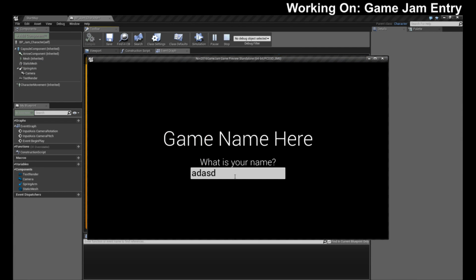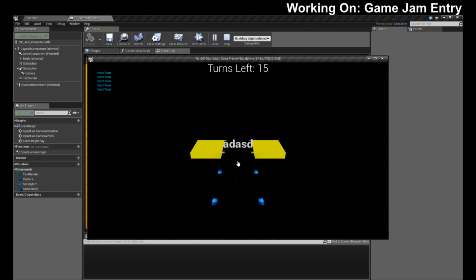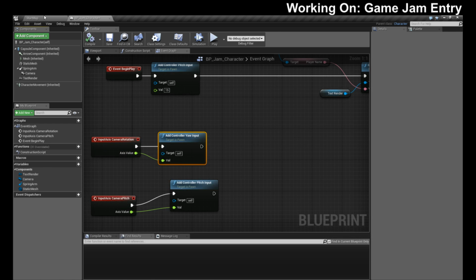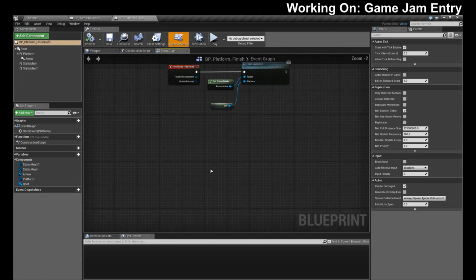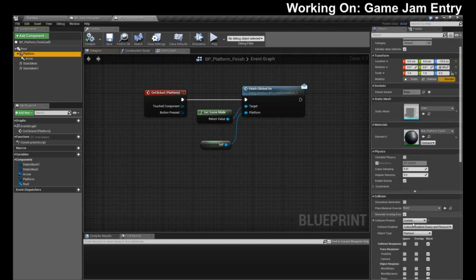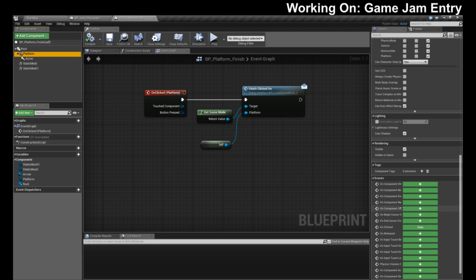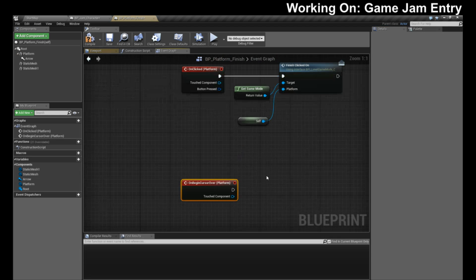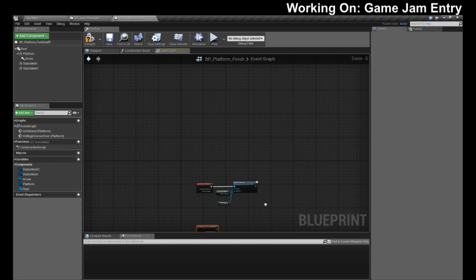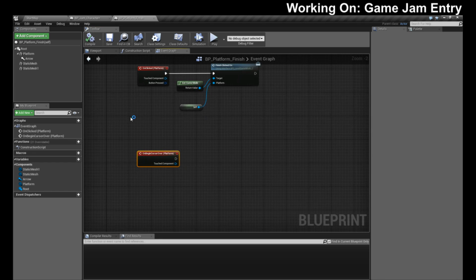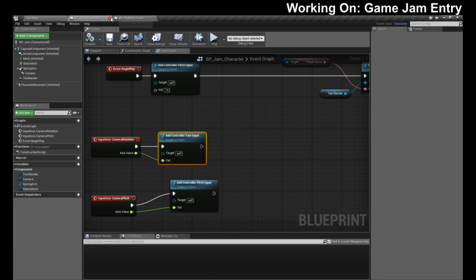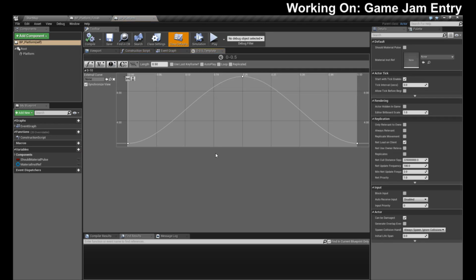Let me double check, because my exit one is not working properly. So what did I do with my exit one? I don't have an event in my exit platform for the mouse over. That's what it is. So if the platform has a begin cursor over, we are going to flash, which, see, this is why I should have had all my platforms be of the same parent, which of course I didn't, but I should have. Nope, you live, you learn.